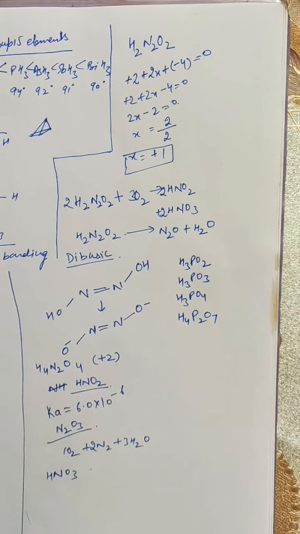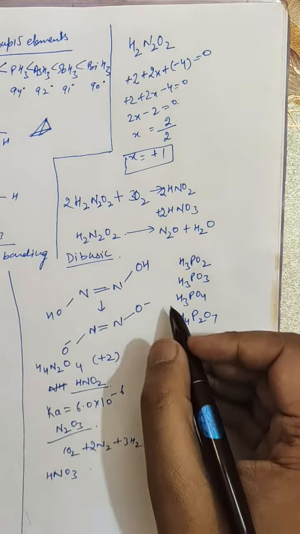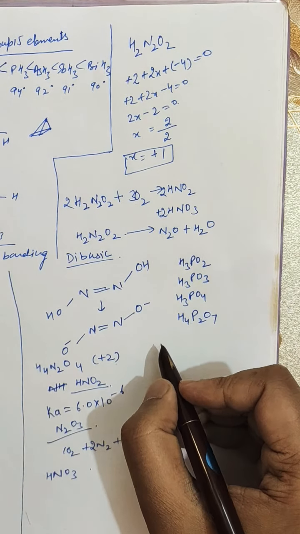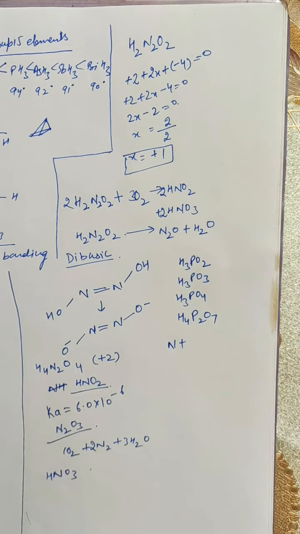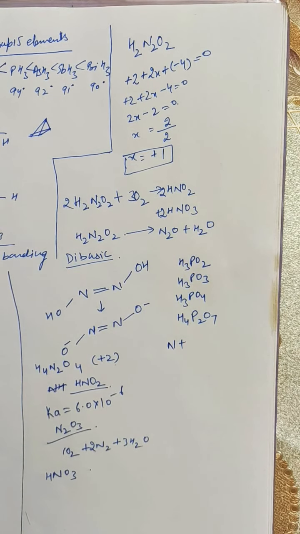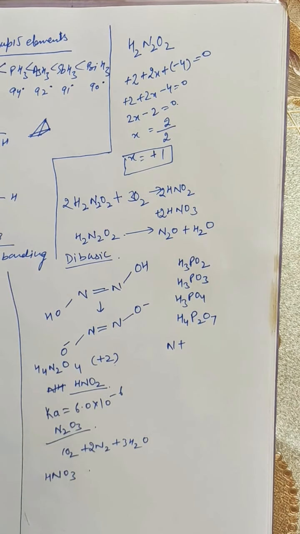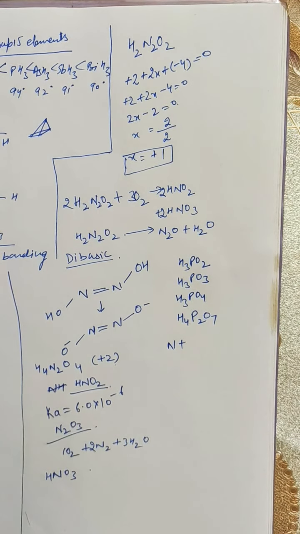Similarly, group 15 elements also form halides. Halide means, when nitrogen reacts with the different halogens, what is the product? Or similarly, when phosphorus reacts with different reagents, what are the products? So first of all, the elements of this group form halides of the general formula MX3. These are mostly covalent and only partly ionic. The ionic character, however, increases as we go down the group. For example, BiCl3 and BiF3 are predominantly ionic.